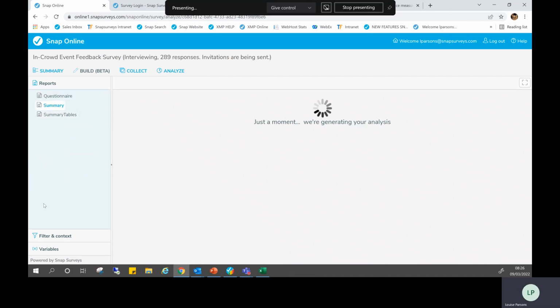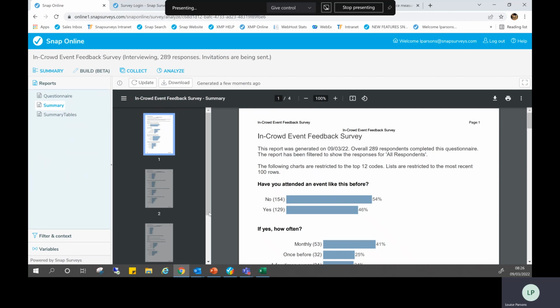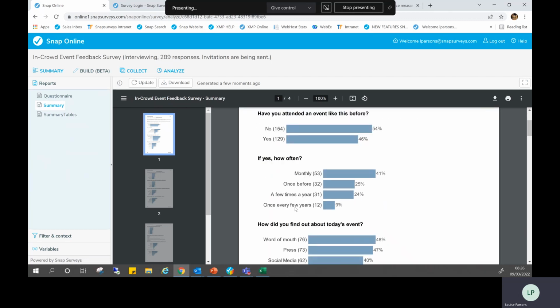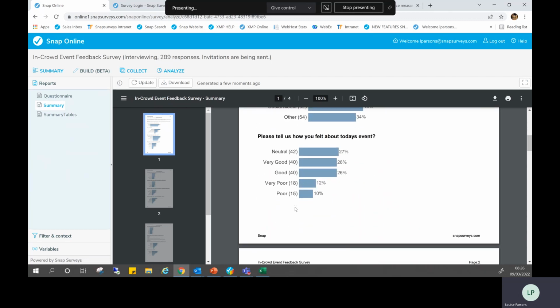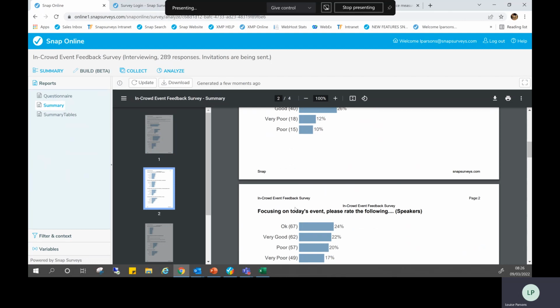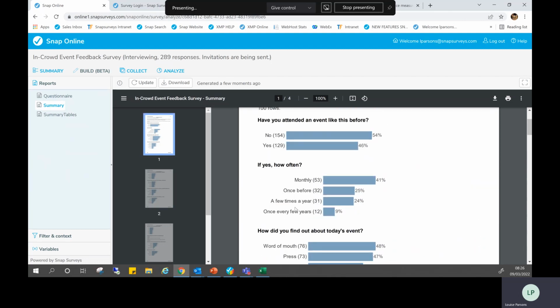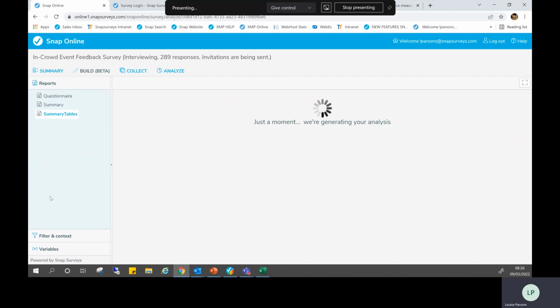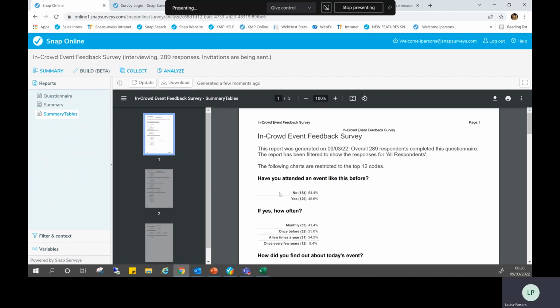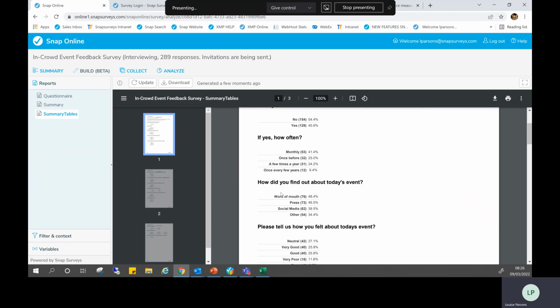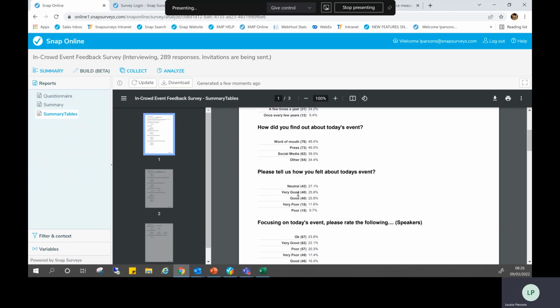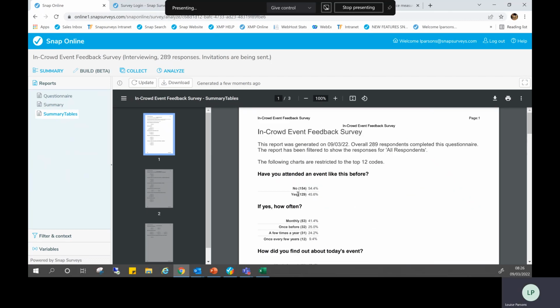We have also got our summary report, which I have to say is my favourite, which is a nice piece of summary analysis on each question that's been asked. And if you've asked an open-ended question, it will list the open-ended commentary for you. We also have a summary tables report, which is for questions where it's appropriate to have a table summary for the results that have come in.